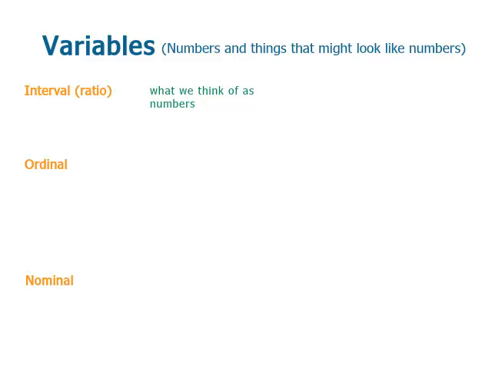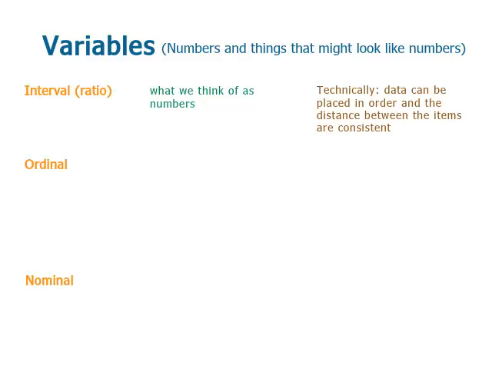An interval variable is actually what we think of when we think of a number. 1, 2, 3, 4, 5, we can add them, we can subtract them, we can divide them. You know, they're test scores, they're IQ points, they're all those kinds of things, right? They're the actual numbers as we think of numbers day to day. Technically, what they are